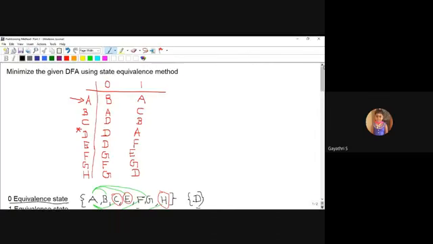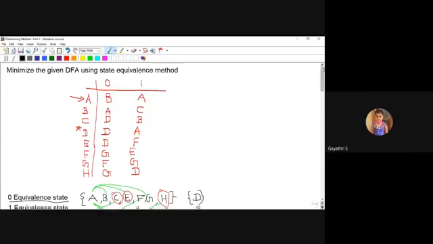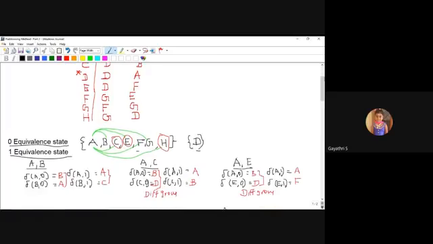So, minimize the DFA using the state equivalence method or partitioning method. Okay, the other name of the partitioning method is the state equivalence method. The first step, you have to check whether all the states are reachable from the initial state. In the second step, if any particular state is not reachable, just eliminate that state; don't need to proceed with that state. And then zero equivalent states: segregation based on the final states as well as non-final states.